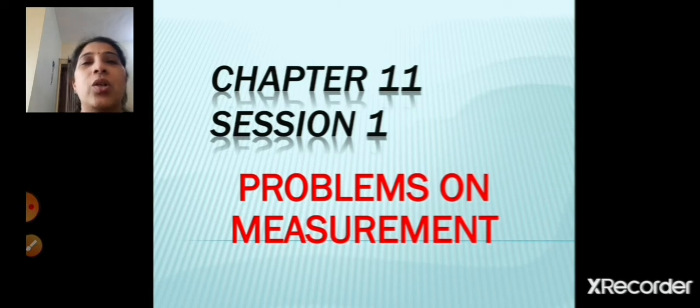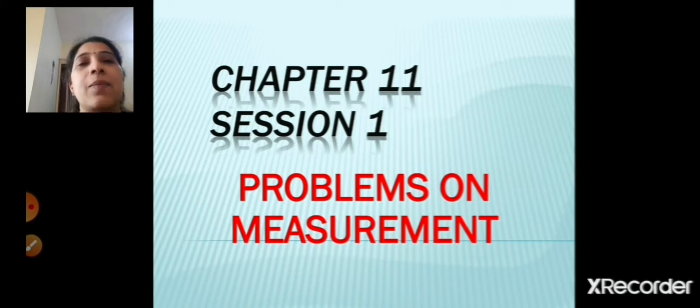So children, you all very well know what is meant by measurement, right? Measurement we use in our day-to-day life. The milk is measured in liters, milliliters. Fruits and vegetables you purchase in grams, kilograms. Cloth is measured in meters. Distance is measured in kilometers. So these are all measurements. Based on these measurements, we are going to carry out addition, subtraction and some word problems, right?